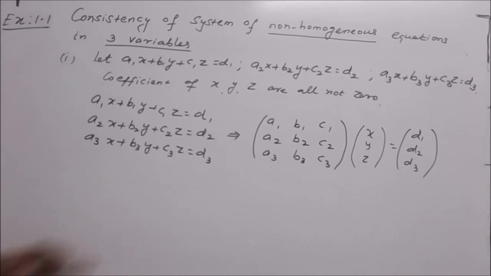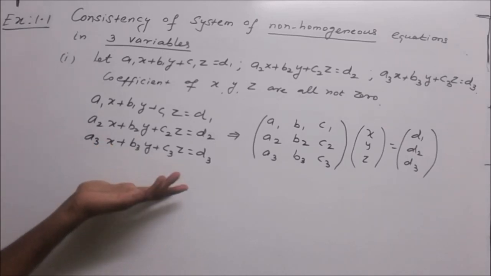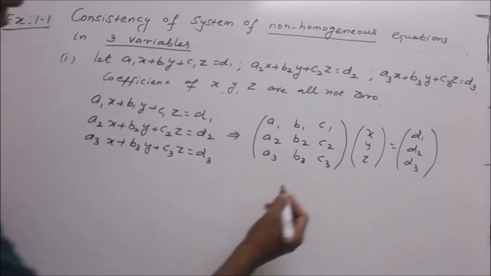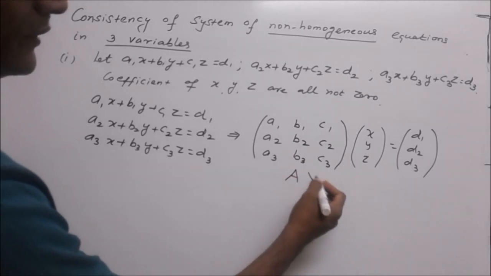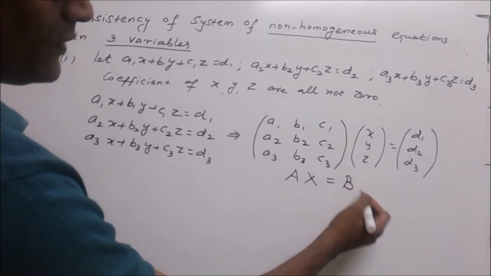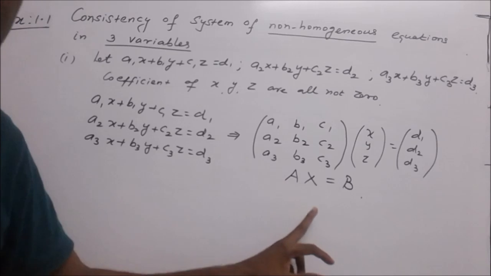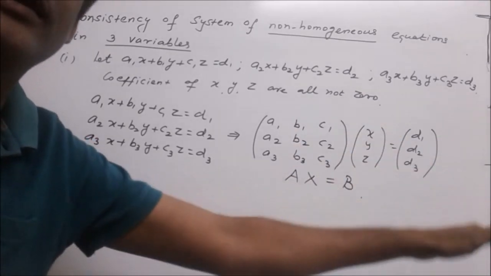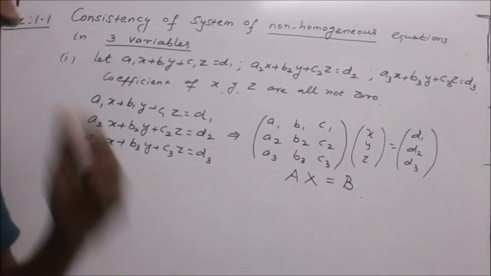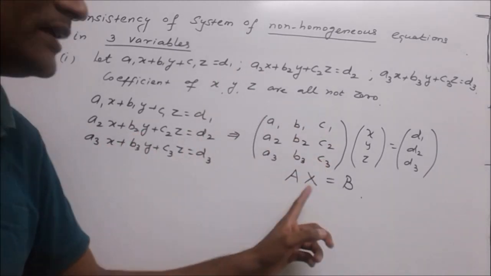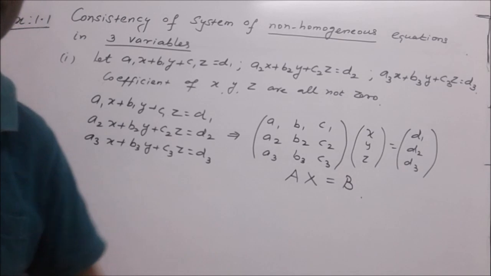So now I have converted the given system of equations into a matrix equation. Now this is in the form AX equal to B. We have learned already in 11th standard how to find the solution: X equal to A inverse B. The system of equations is rewritten in matrix form as AX equal to B. Now,